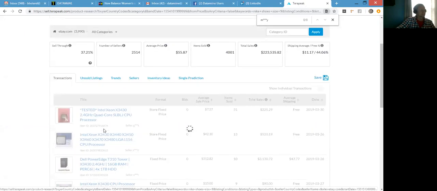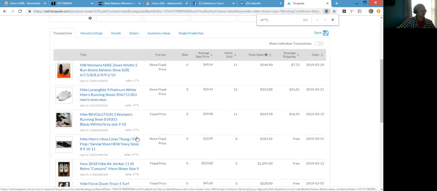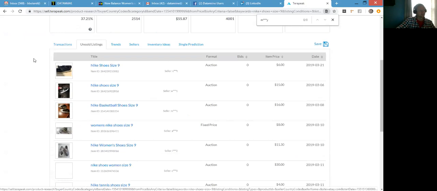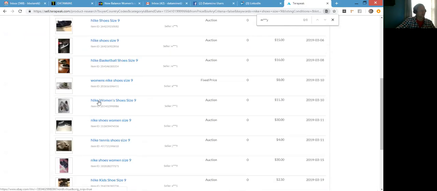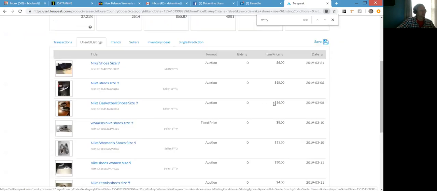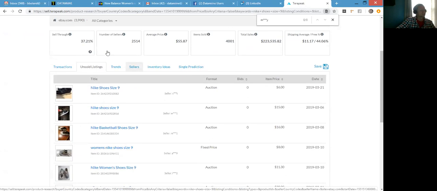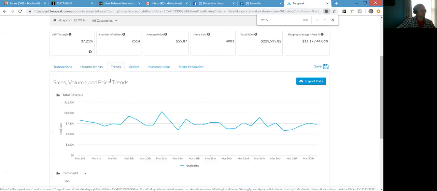You can see the transaction count. So that's kind of cool. You can see the unsold listings. I'm guessing that's sold listings, maybe the active listing count. And then the price point. Oh, this is all auction, fixed price. The trends on where this shoe is. Total revenue. So this is kind of showing your basically your market. When I see a chart like this right here and I see the trends,